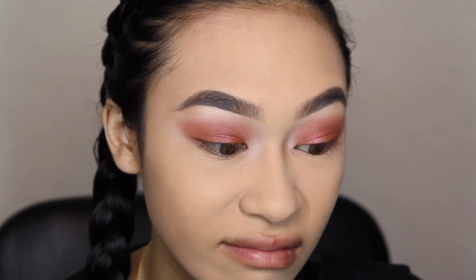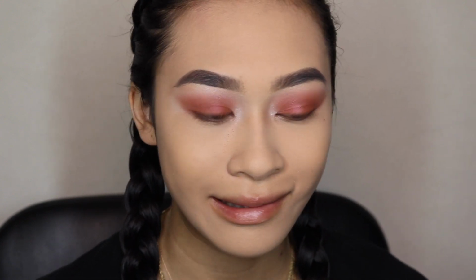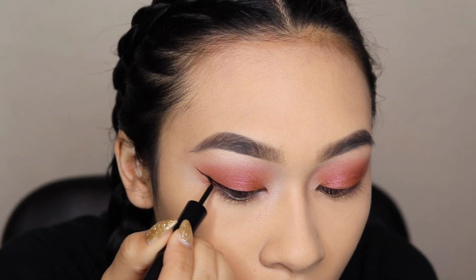I thought it would be a little bit more spruced up, but this look is kind of not it. I just feel like we've all seen this look before and it's kind of upsetting me. So I really do not know. Because I'm going out, right? And I don't want to look hella extra, because that's not what we're going for. You know what? We're gonna do a graphic liner. I don't care. This look is too basic and I don't know what to do, and I'm not running late, but...